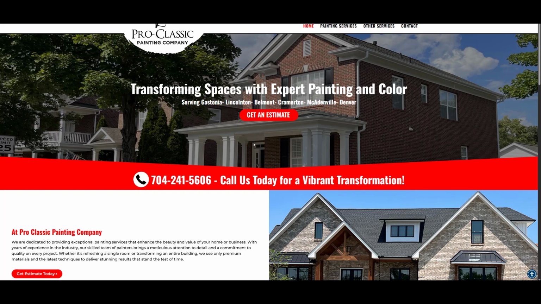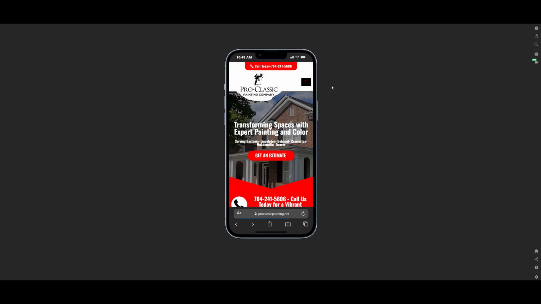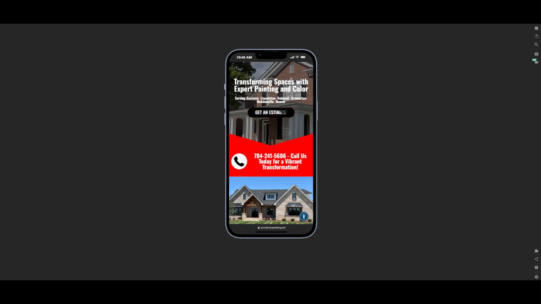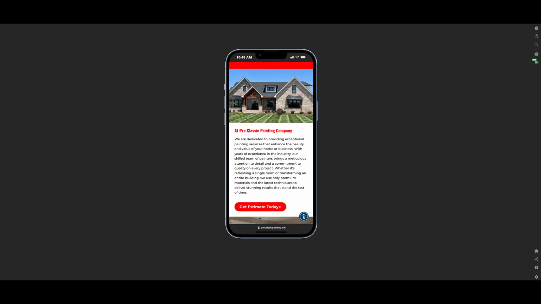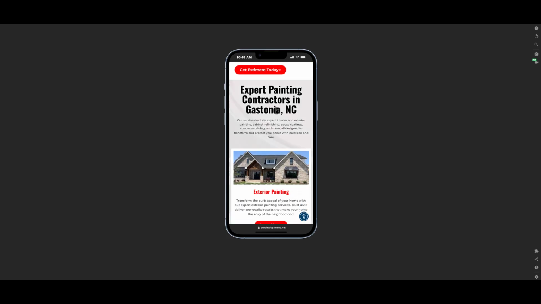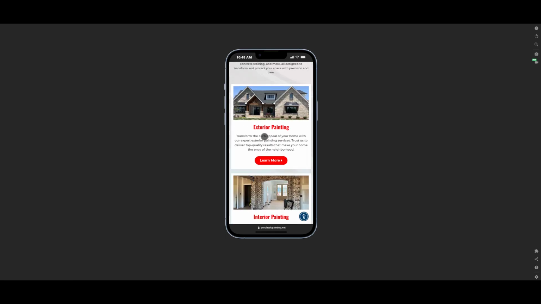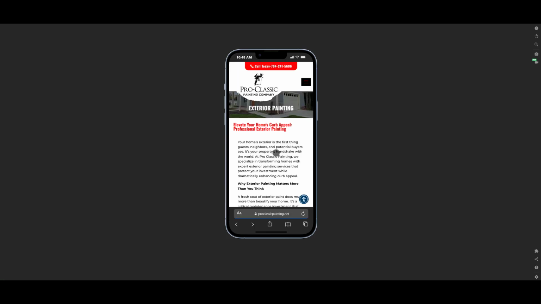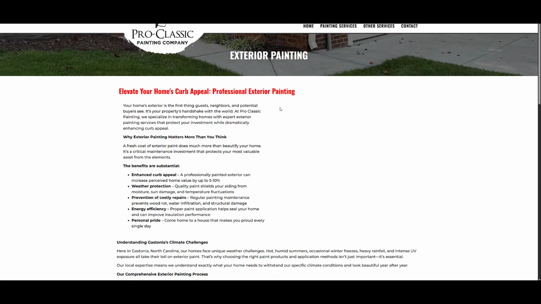But what I recommend at the end of the day is landing pages, because one of the challenges with a website is websites are built to rank in search. In order to do that, you need different things than landing pages. And there's usually a lot of other things people can get distracted by. So even little things like this, where you can go to learn more, takes you to exterior painting, seems good